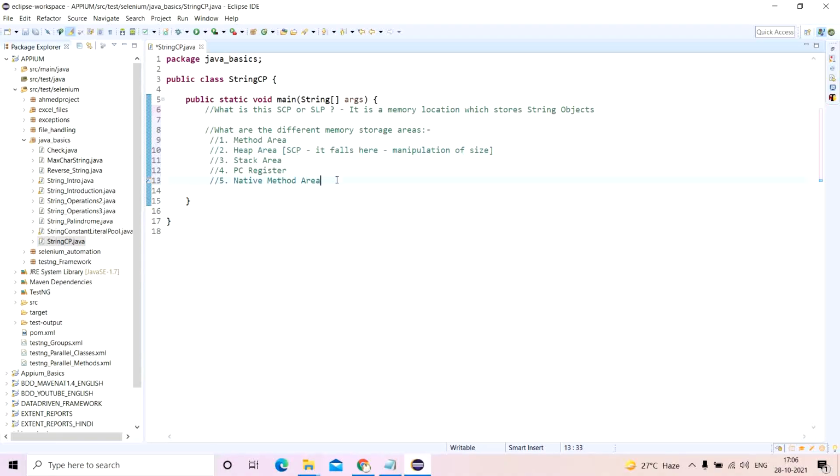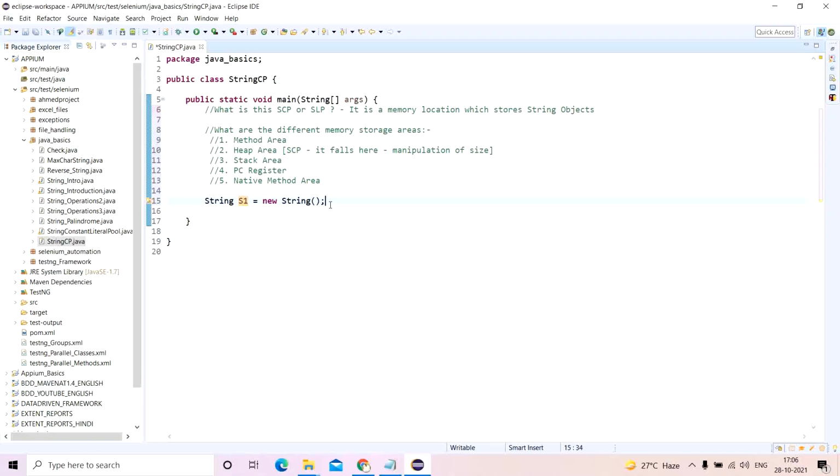Let's say I'm creating a string: String s1 equals new String. I have created a string object. String is a class, and the reference is s1. That's it.